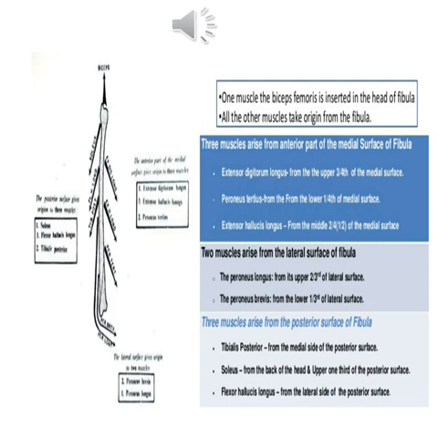So the muscles of the lateral compartment are 2 in number. They are the peroneus longus and peroneus brevis. Then one more muscle you can see in front of the styloid process on the superior aspect of the head of the fibula, just in front of the styloid process, that is biceps femoris. So these are the muscles that are related to the fibula.